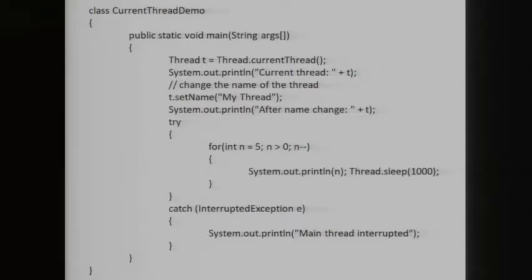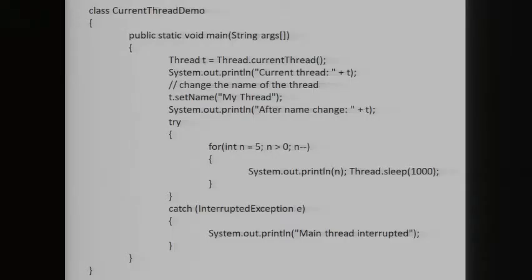Next, the program displays information about the thread. The program then calls setName to change the internal name of the thread. So setName is used to set a new name. Information about the thread is then redisplayed.